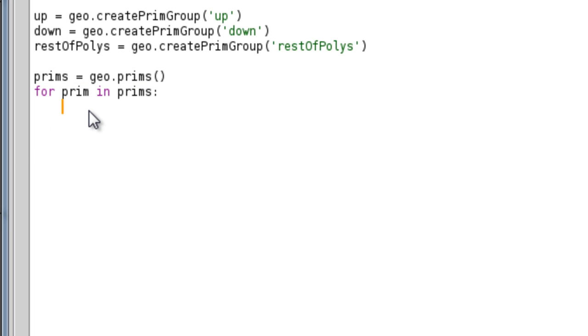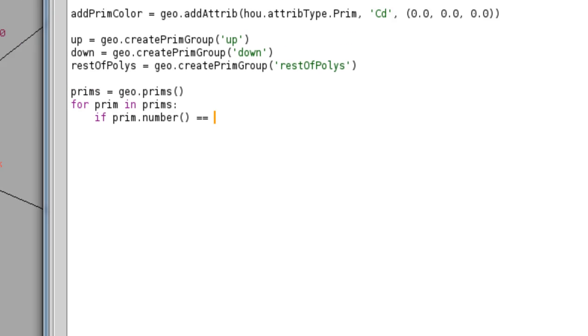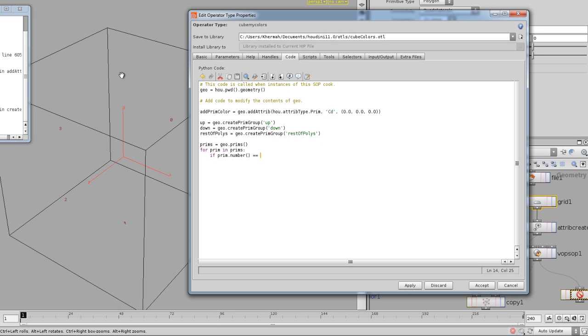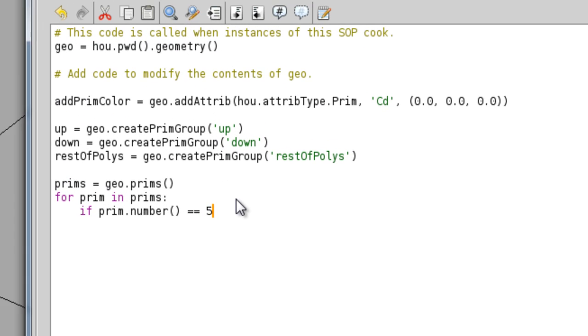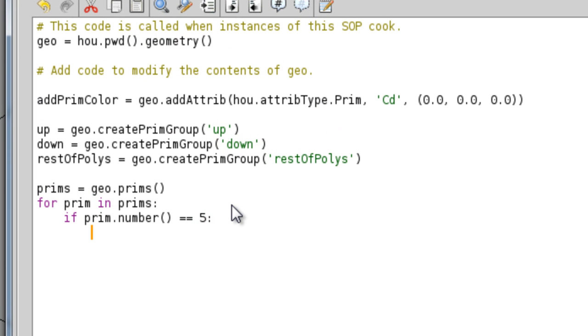Now you can actually use another statement in here. So if statement, in our case it's not a for loop, but it's a condition statement. So if the prim dot number is equal to, in our case we're gonna get, let's say, up group, which is group 5. So if it's 5, you can start with anything. So you can start by setting up the color for that. So you can say prim dot set attribute